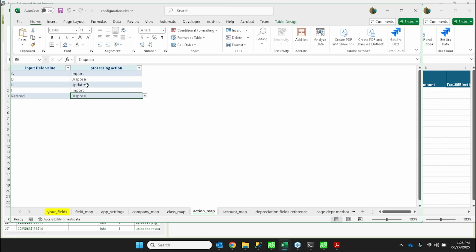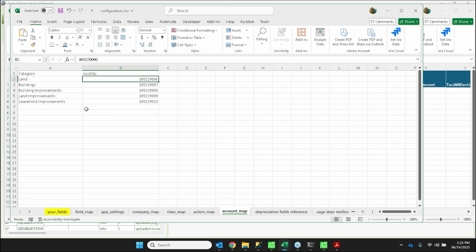The last tab I want to look at is the account map tab. So I spoke about this earlier in some of the advanced features. In the account map tab, this is an example here. If we wanted to add data to query and validate against, and the data was not in Sage Fixed Assets, it's not in our 3E data, maybe it's data we're keeping in an Excel spreadsheet, we could actually put this